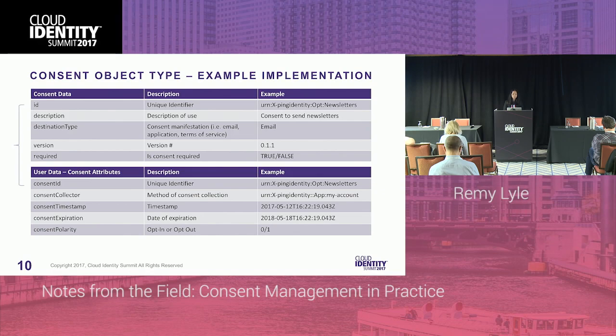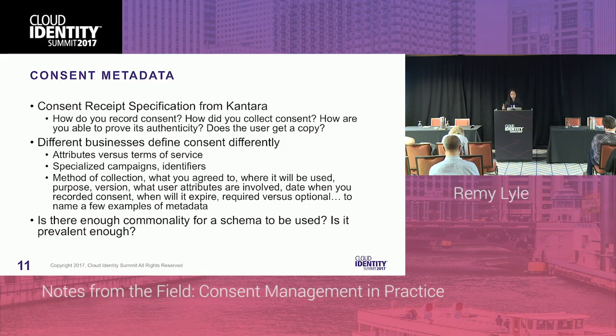And I think what's interesting about this is that, while this is loosely the schema that we've been seeing implemented for our own consent management implementations for customers, there's plenty of variations to this. And I was trying to find what's common between all of them. And then from a user data perspective, we want to store how we collected this consent, what the timestamp is, when it expires, and whether they opted in or opted out. So again, this is the schema that we followed, but there are definitely variations of this from customer to customer that we found in the field.